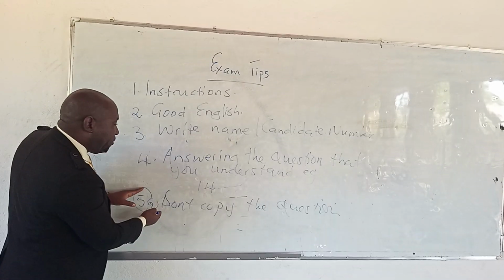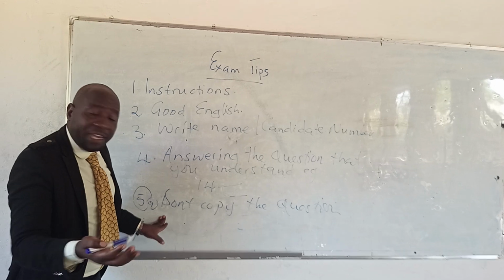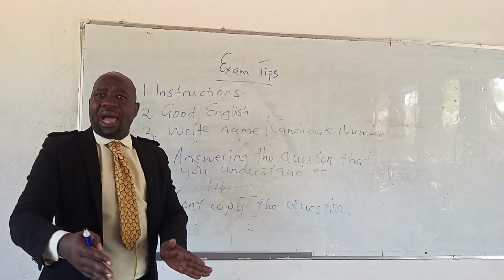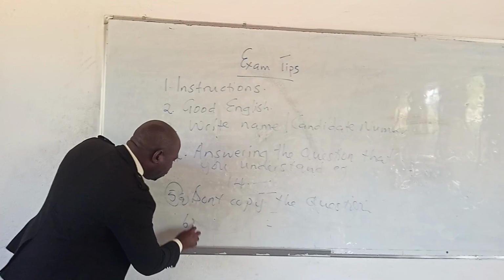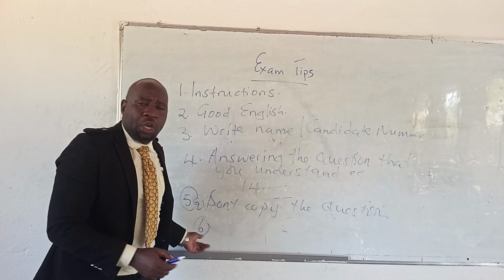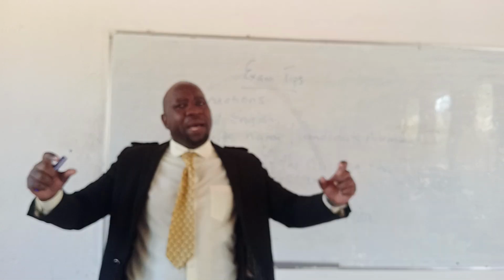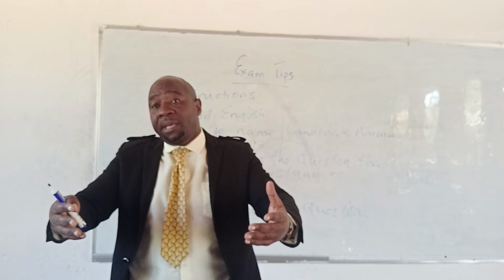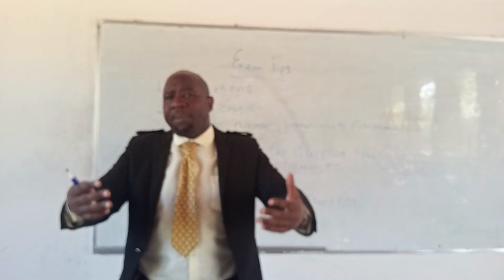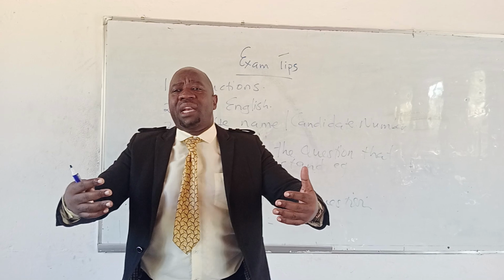So if you are done with 5A, you write the answers for 5A, you skip one line. When you skip one line, you go to 5B. So you just write B. Don't copy the whole question for part B. So when you answer part B, remember, the format that they ask you nowadays, they